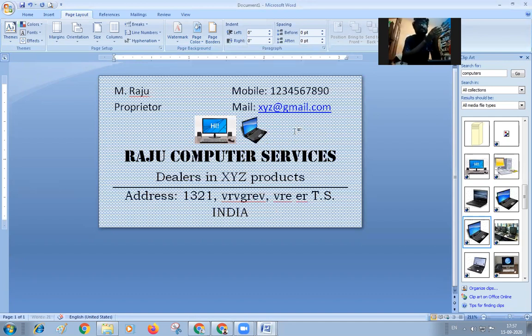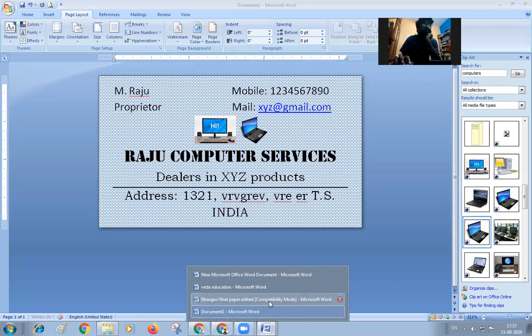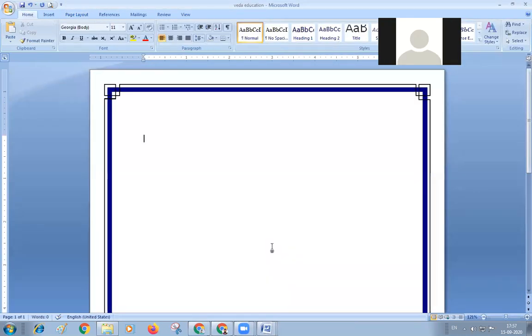Whatever changes we apply to a normal Word document, we can apply all the same changes to this document, but you have resized it. You have changed the size to the required size. That's the only change we are going to see. Okay, okay, Mani. Okay, sir. Yes, sir. Thank you.